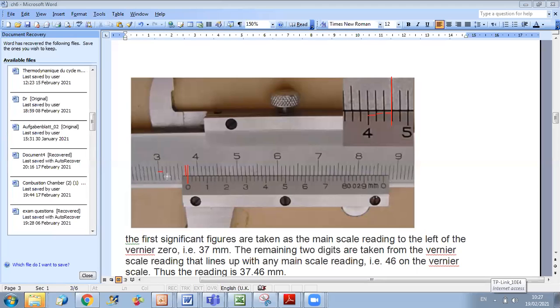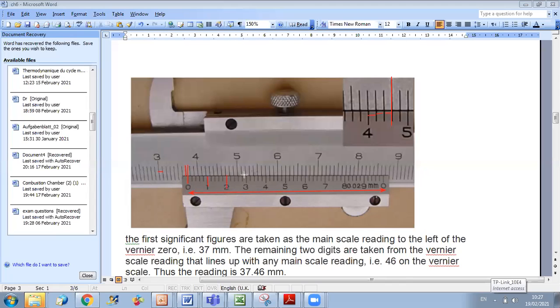It will divide it into a number equal to the number of divisions on the vernier scale. That means the higher the number of divisions on the vernier scale, the higher the precision. So to determine how much accuracy you have, you should determine the number of divisions of the vernier scale. Our vernier scale is divided into 50 divisions. Why? Because we have main divisions, which are 1,